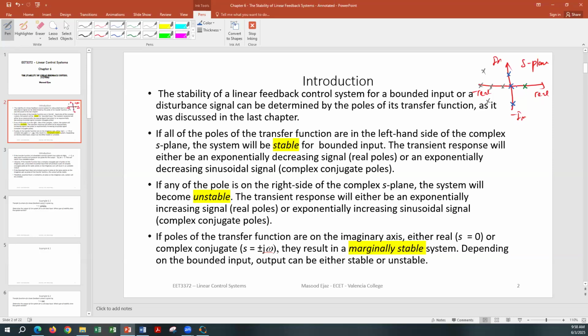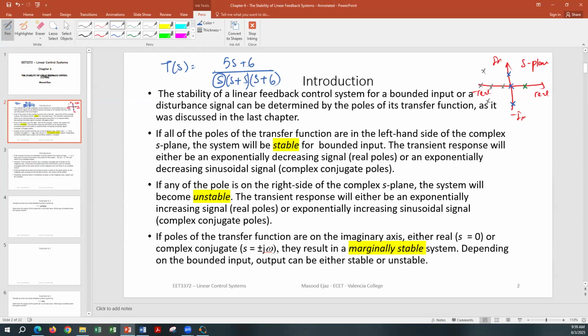It should be single poles on the y-axis from the transfer function. For example, if your transfer function is T(s) = (5s + 6) / (s(s + 5)(s + 6)), let's say, so you have only a single pole at s equal to 0, and this system is going to be considered a marginally stable system